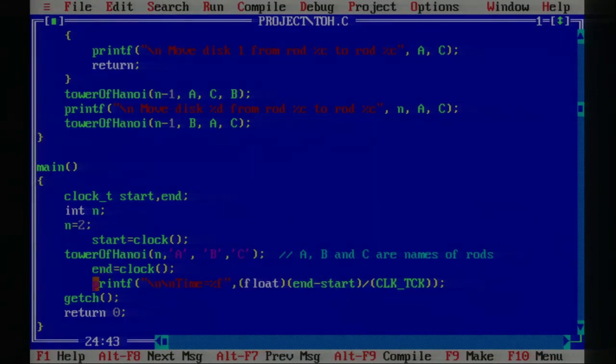Then after this, run the program and check for every value of n what will be the time taken by that program to execute. Plot a graph and check how the value of time increases with the increase in value of n. The time complexity of this is exponential, which is 2 raised to n. So as you go on increasing the value of n, time will go on increasing exponentially. So execute this program and check.